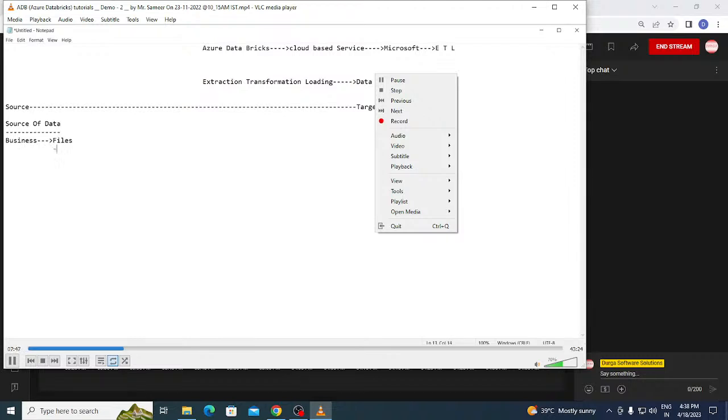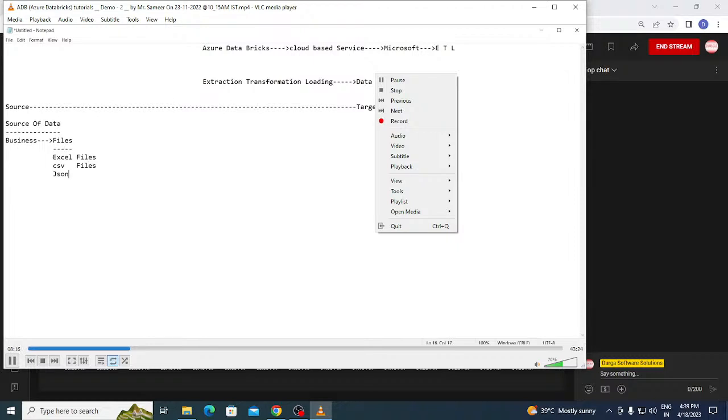So what are the types of files you have? The files are the following. We can have Excel files, and CSV files, which stands for comma separated value files. And you have JSON files.